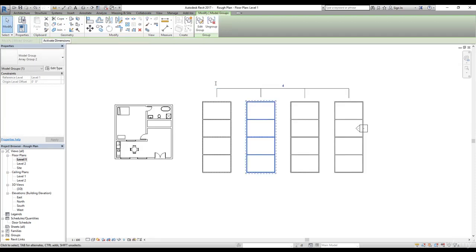Press enter, and there you go. So we got 4 of these done automatically. If you had to do it manually, you had to copy them 4 times. But with the help of array command, you could do 4, you could do 100, or you could do 1000